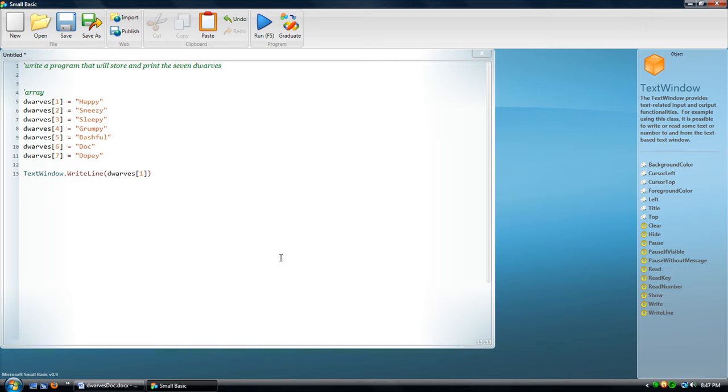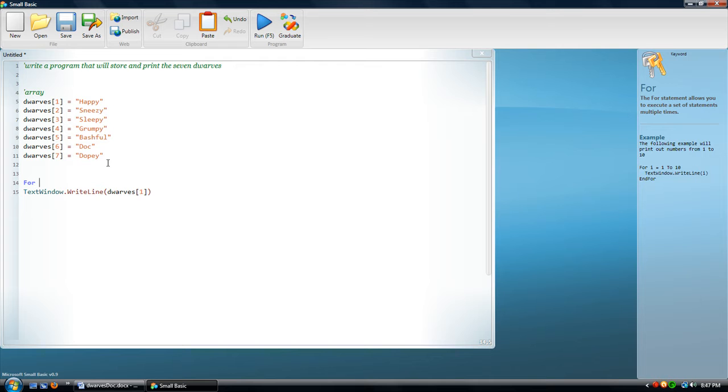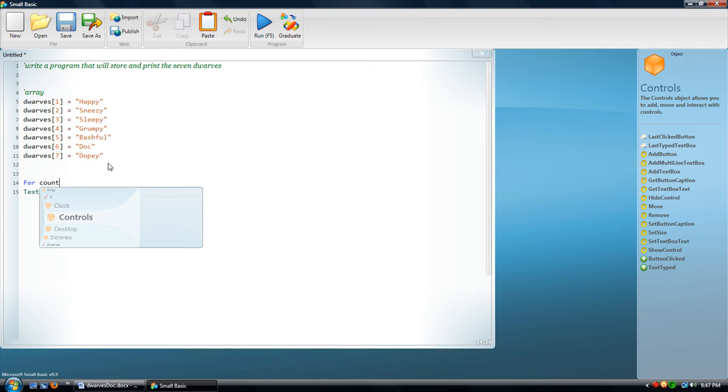Are you going to write 7,000 print statements like this? No. The most efficient way to go through an array and print the values in it is to loop through the array. So I will write a for loop here. I'll just use the word count as my loop counter: for count equals 1 to